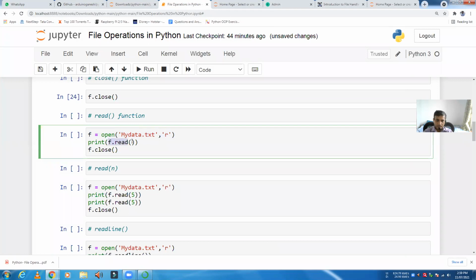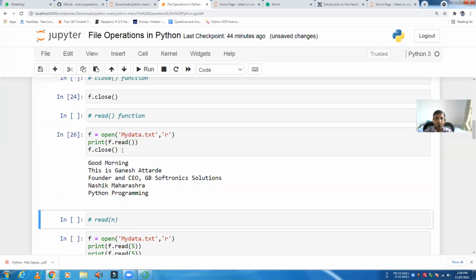Next is f dot read. All the content until the end of file has been read, and then it is our responsibility to close that file. So f dot close. Okay, we will execute it.